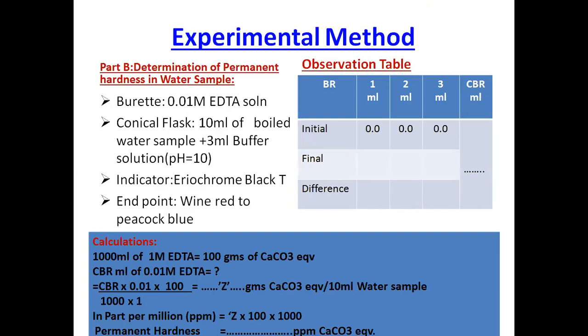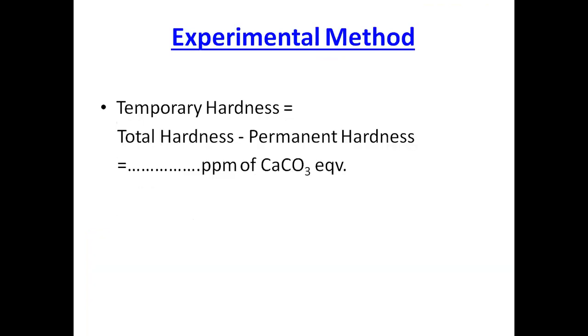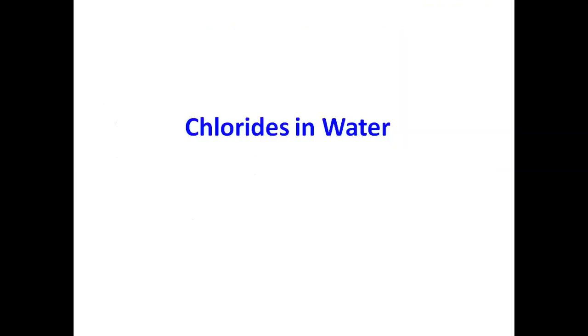How to determine permanent hardness, we have seen earlier. It's the very same process. There's nothing different. And then finally, how to calculate temporary hardness, permanent hardness, and total hardness. Everyone knows this is a very simple process, I just have to quickly revise. Total hardness minus permanent hardness is equal to temporary hardness. Now the next slide, or in the next lecture,